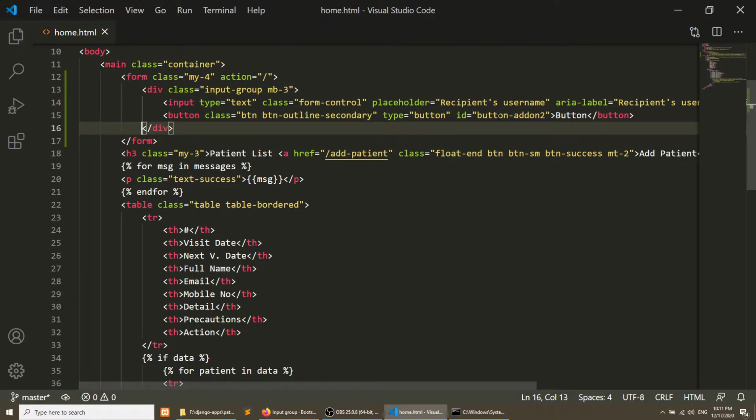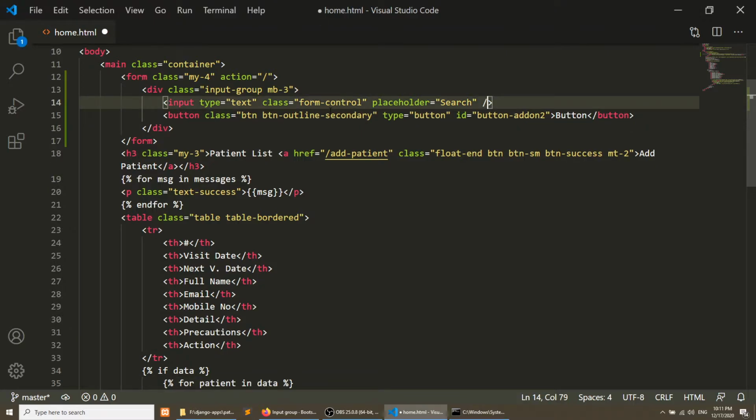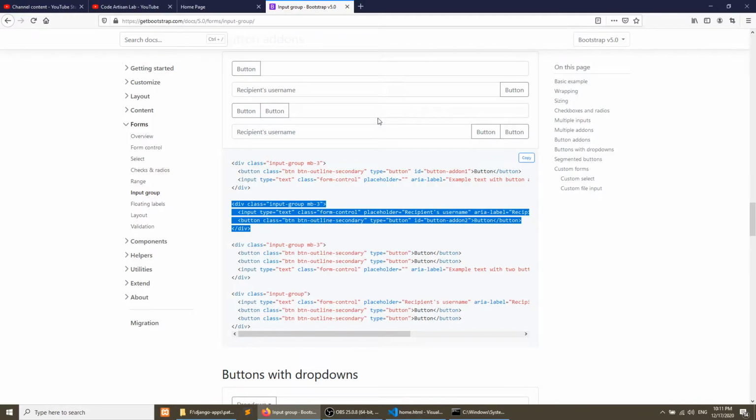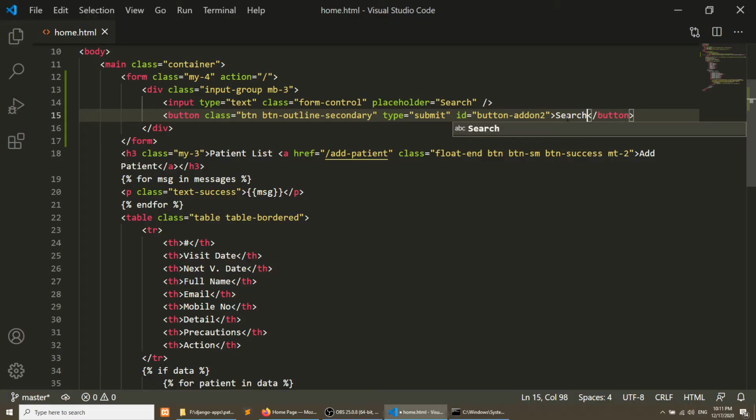I will simply search. I don't need the area label and all the things, and the button type will be submit. Yeah, so now we have created this.